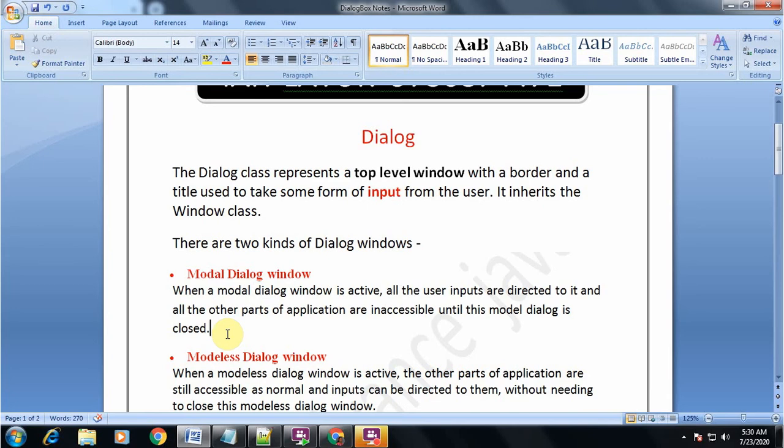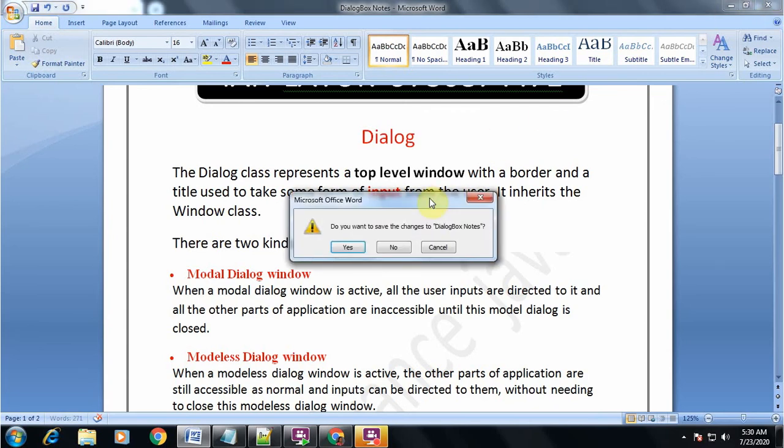You cannot work on any area of the window outside the dialog box. Now let's see one example here. Take for example, I made some changes in this Microsoft Word file. Now when I close this one, there is a dialog box displayed here. I cannot focus on another area of the window.